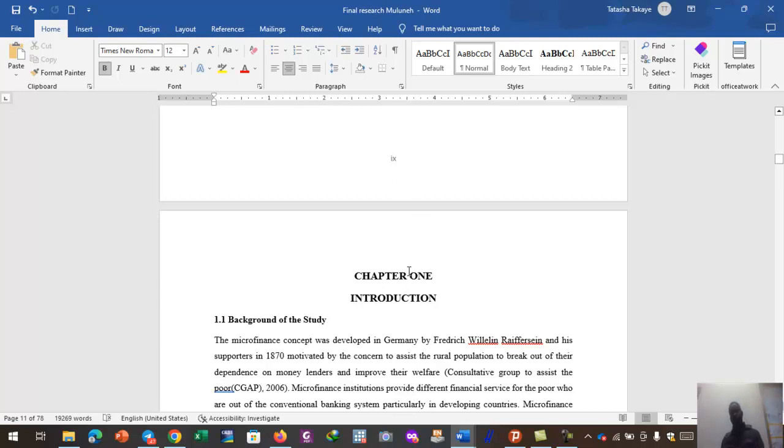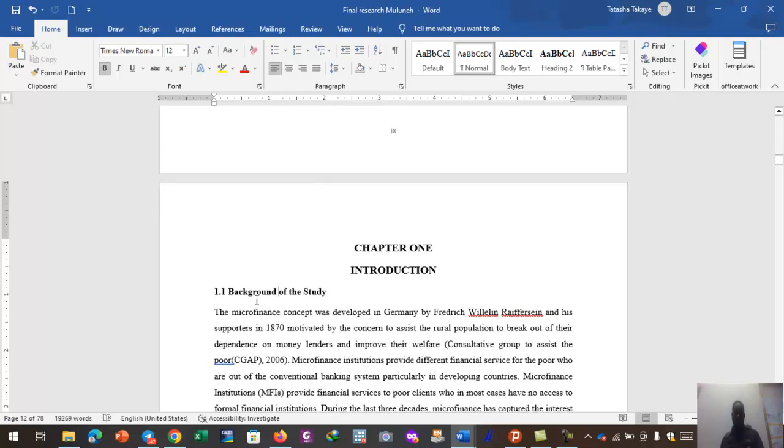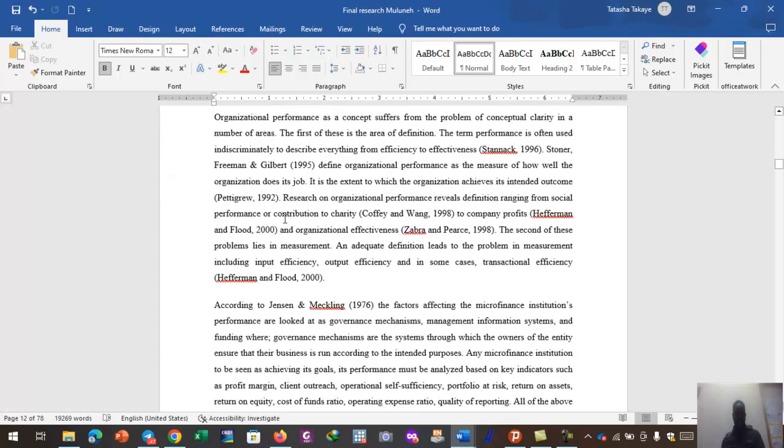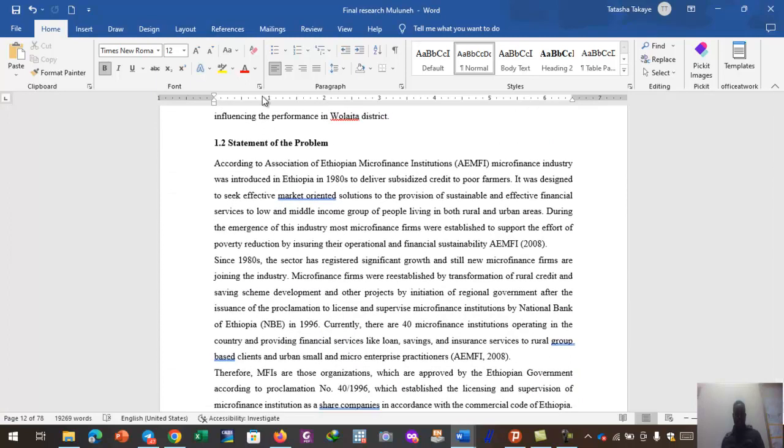Chapter 2, chapter 3, chapter 4, chapter 5, those are the first heading, heading 1. But when you come to 1.1, 1.2, it is going to be the second heading, therefore 1.1 is heading 2, 1.2 is again heading 2,